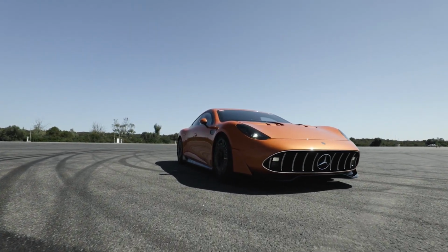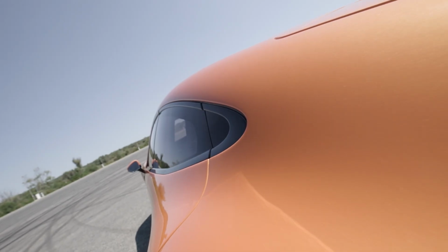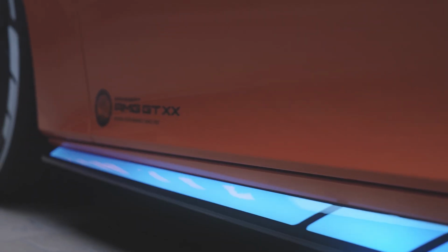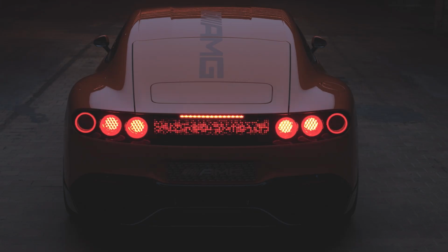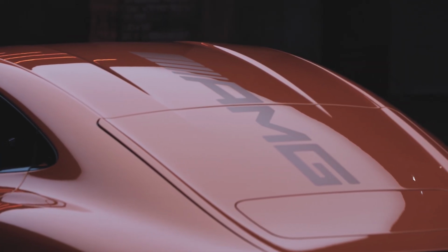Everything in the AMG GT XX is built around the cooling management of both the battery and the electric motors. It starts with the form factor of the battery cells. Tall and slim cylindrical units housed in aluminum. Their narrow diameter allows heat to escape more quickly from the core, while the aluminum casing accelerates that transfer to keep temperatures in check. The cells sit in plastic modules with non-conductive oil flowing around each unit, absorbing excess heat